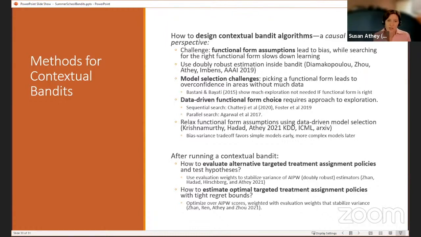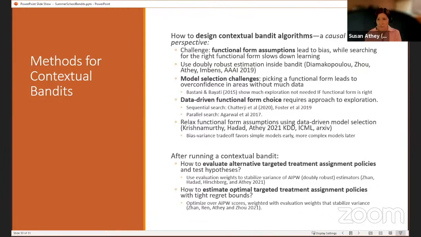Something that's interesting about it is that when you don't have much data, the bias variance trade-off makes you want to choose a simple model. While later on, when you have lots of data, the bias variance trade-off makes you want to choose a complex model. And so we show that you don't have to waste a lot of energy exploring, because if you use data-driven model selection and you realize you don't know the functional form, the learning will go at an appropriate rate by using cross-validation to choose your models. You'll choose simple models at the beginning and more complex models later, and that natural evolution is actually good enough to avoid biases and to get a good outcome.